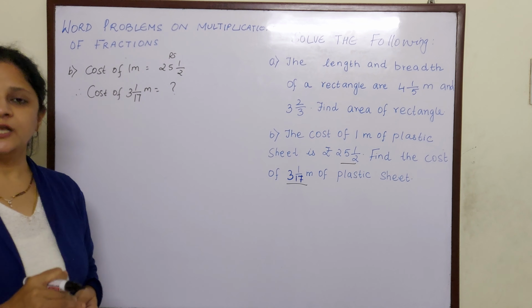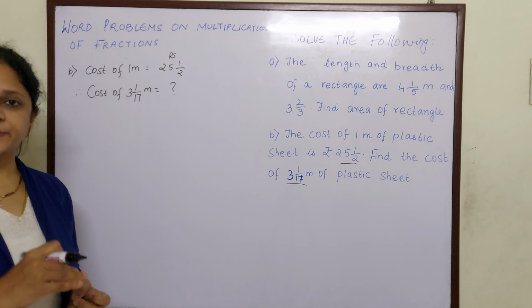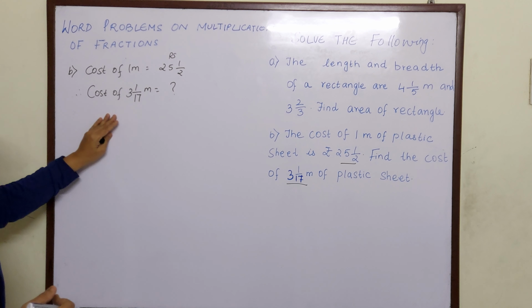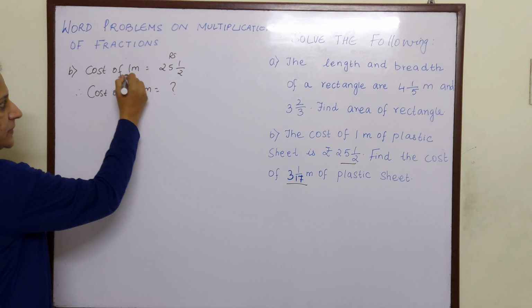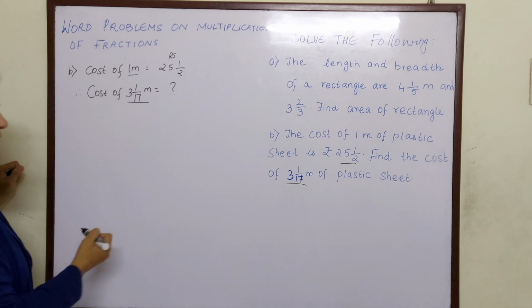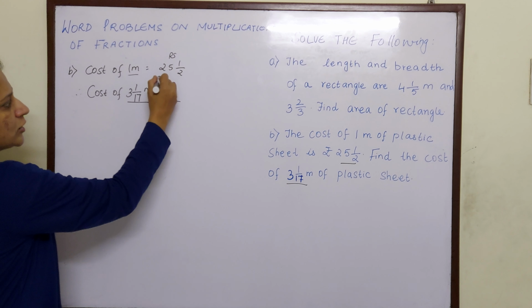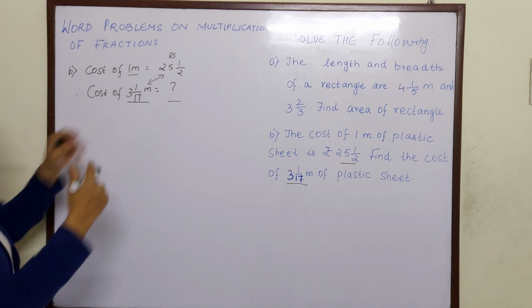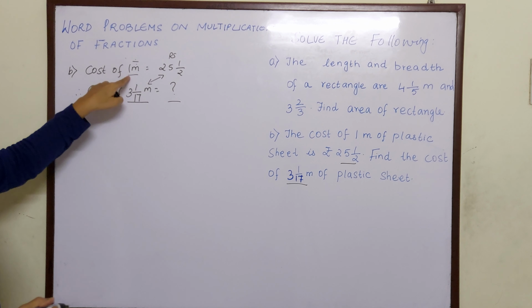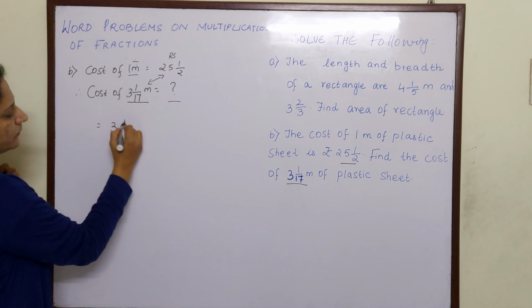But suppose you still have confusion whether this particular word problem is a multiplication or division, what you do is you write the statements correctly one below the other. That means below meter there should be meters and below rupees you will be finding rupees. Then you cross multiply. That means whatever numbers are in the cross way, you multiply, and whatever number is remaining, you divide. So we can do both the methods.